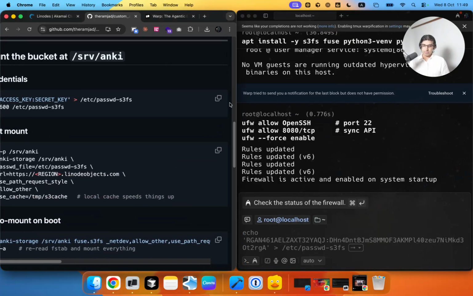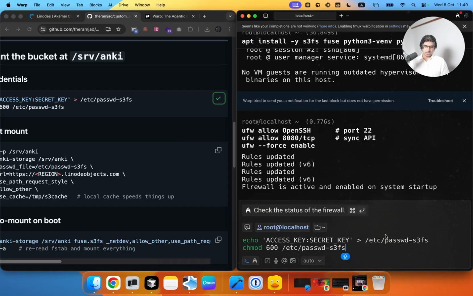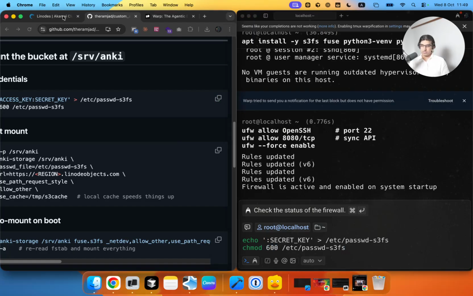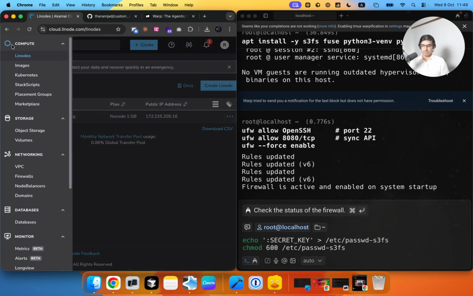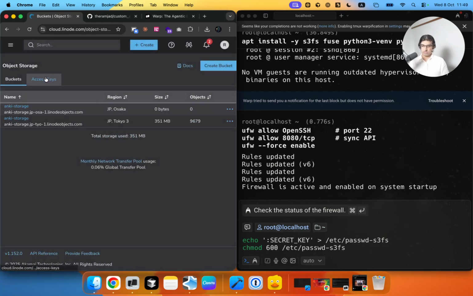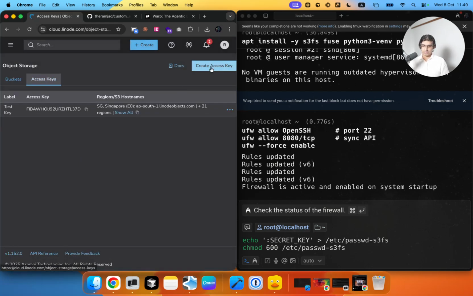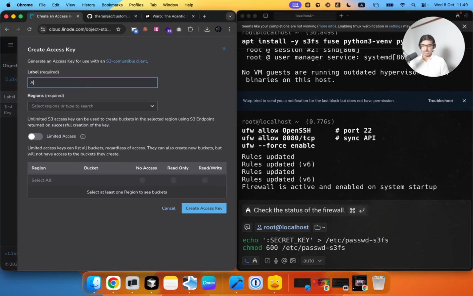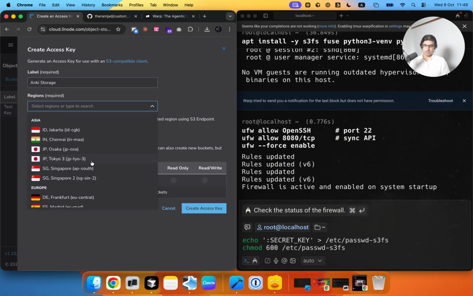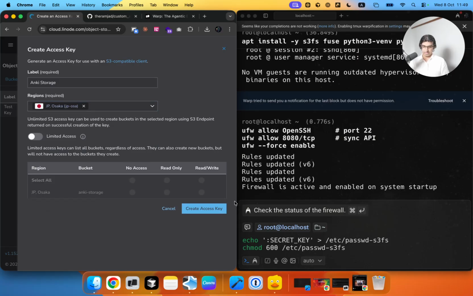Now we want to copy over this command as well, and basically where it says access key, we can press our keyboard arrows to navigate. We want to come up with an access key here. So going to Linode again, go to object storage, go to access keys, press create access key, and I'll call it Anki storage. For the region, choose a region that you selected before, in my case Osaka,